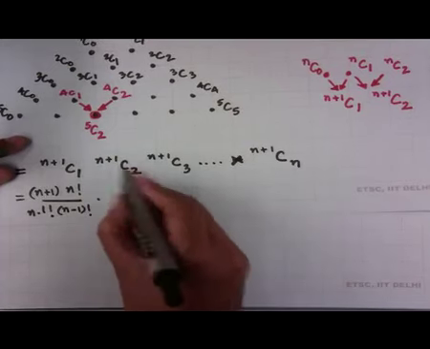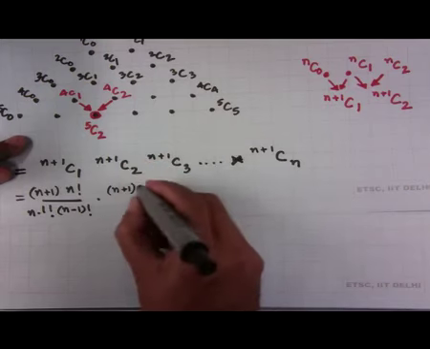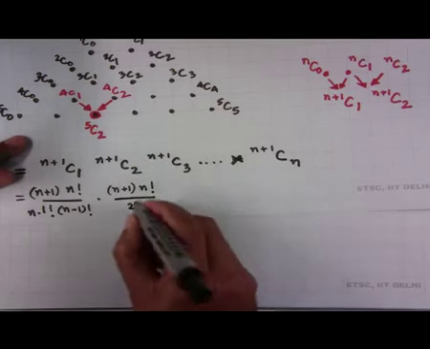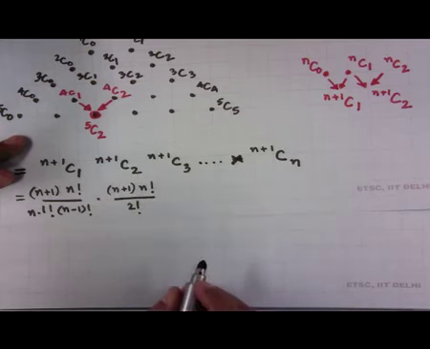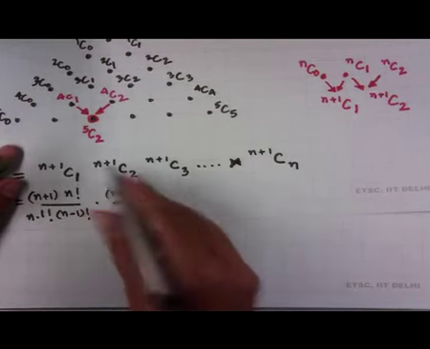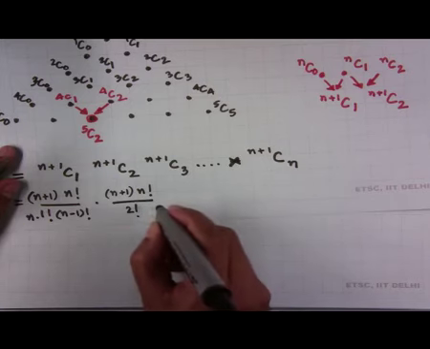And then n plus 1 C 2 is again n plus 1 times factorial n divided by factorial 2 times factorial n minus 2,